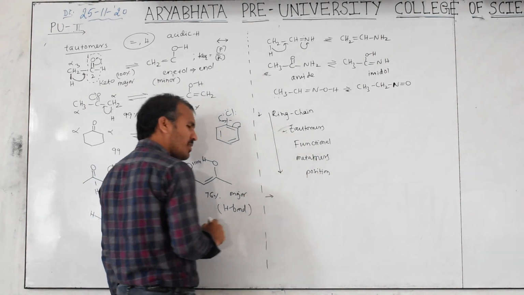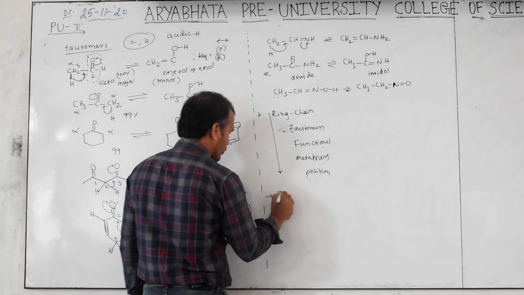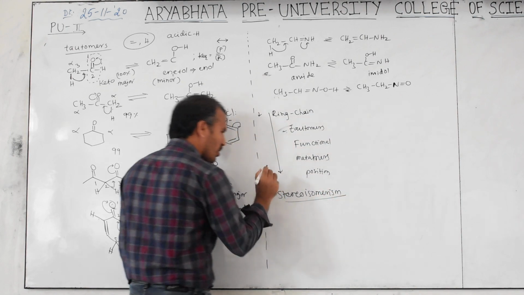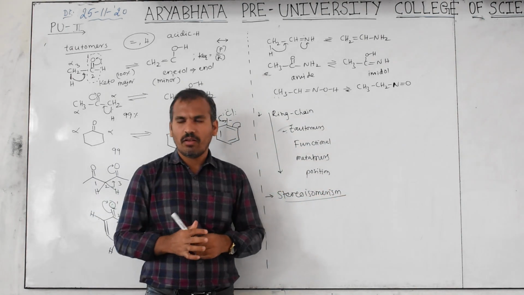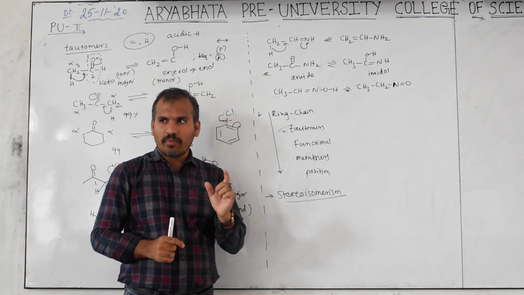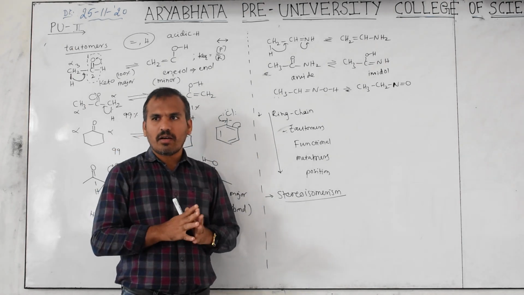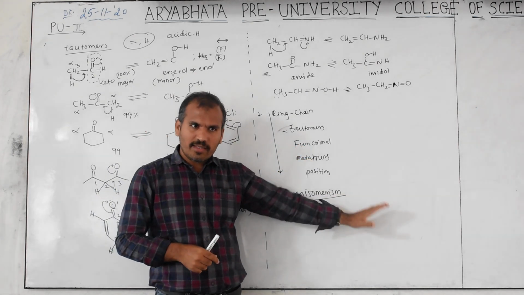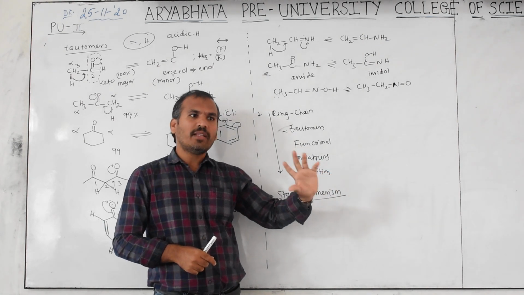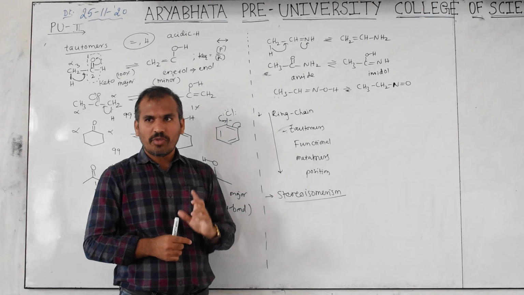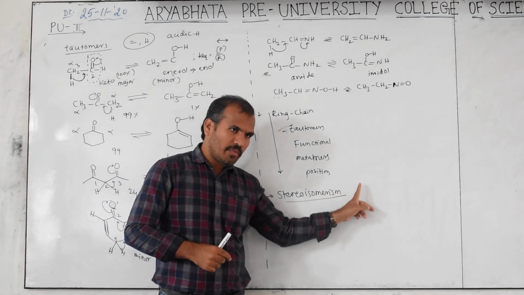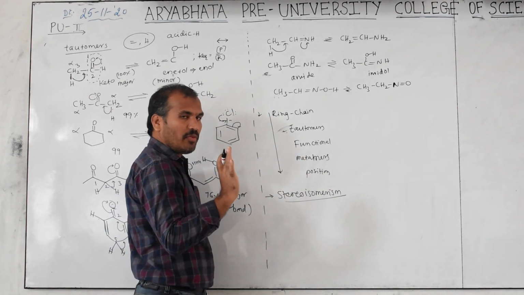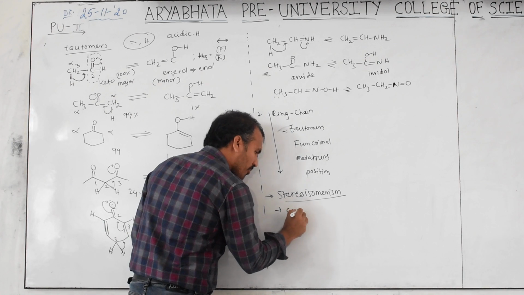Okay. Next, stereoisomers. This is stereoisomerism. Here connectivity will be the same, keep in mind. In structural or constitutional isomers, what is different? Connectivity is different. Here connectivity is the same, but atoms or groups differ in 3-dimensional space. That's why you have to note here: molecular formula is the same, connectivity is the same, but the 3D arrangement is different. I already gave this in the first one.